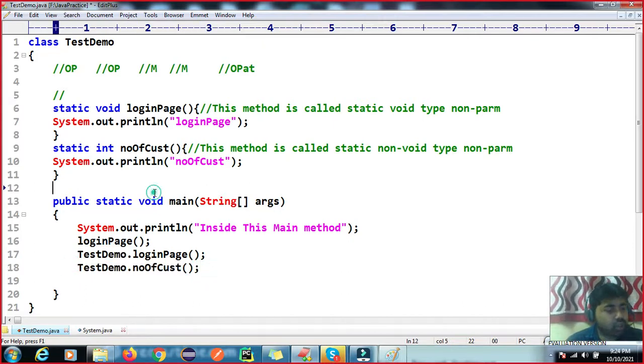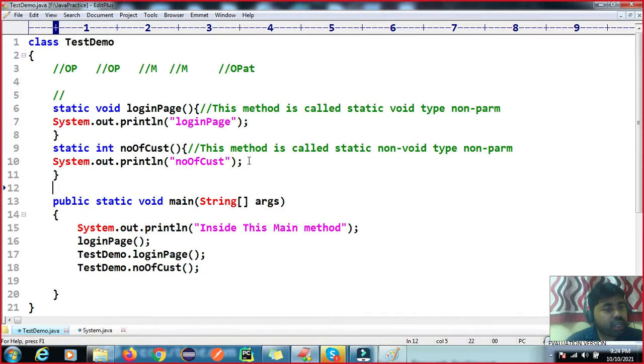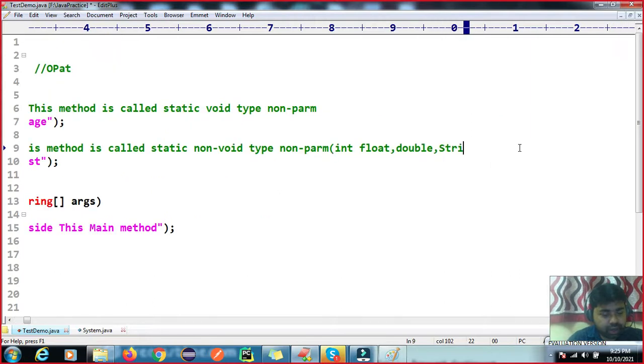If you compile this code, you can see we will get an error. A compile time error: missing return statement. When you are using non void type, non void type means any data type, might be integer, float, double, string, char, any type you can write in place of void.